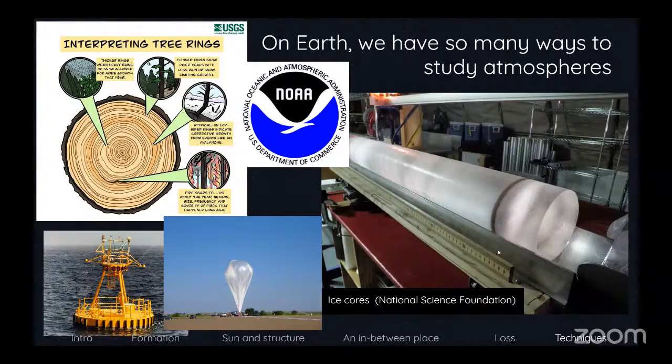It would be really cool if we could have these kinds of observers for Mars. I think we could learn a whole lot, but that is a mission that has not yet existed, so perhaps in the future. We've got weather balloons, we've got weather buoys. It's really great. On Earth, we have this whole network of globally distributed weather sensors, but we just don't have that for other planets, so we are much more limited in our approach.